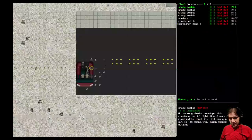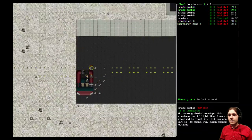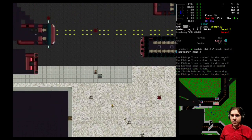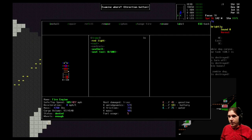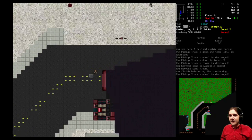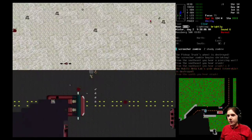Pickup truck's armor is torn off. I see. They're having a little party over there, aren't they? Well, they can have a pickup truck party over there. That's fine. I don't mind. How are these vehicles doing? Not operational. Barely operational. I can drive this about 5 feet. But then what do I do about my thing? I wouldn't know what to do about my...